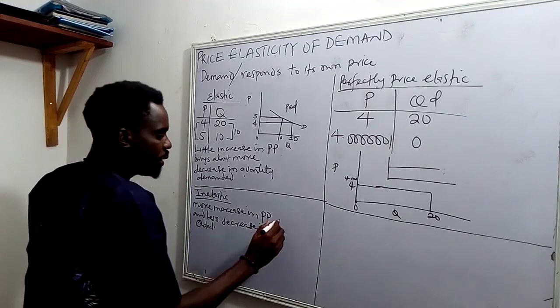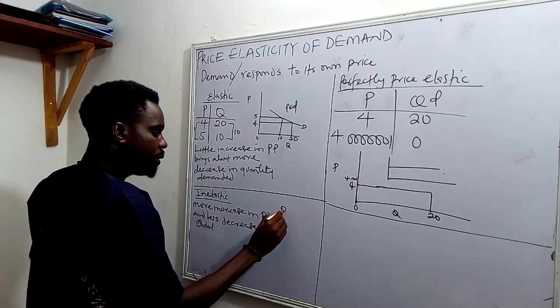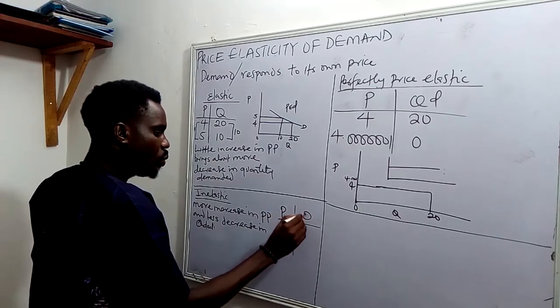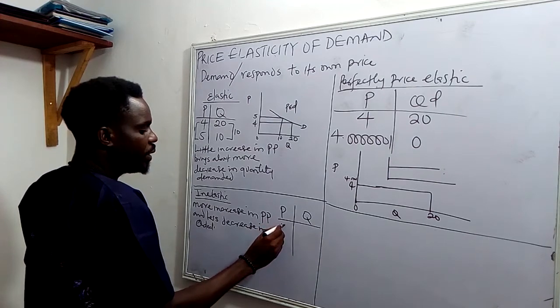We can illustrate that using the following hypothetical figure: price, quantity. That is, if price increases from 10 to 20,